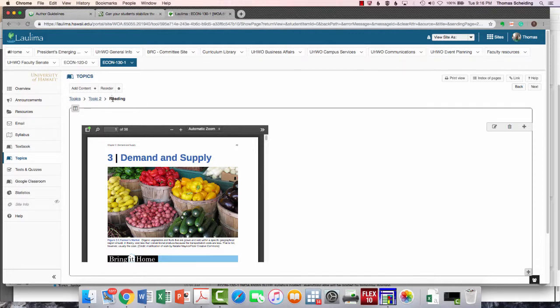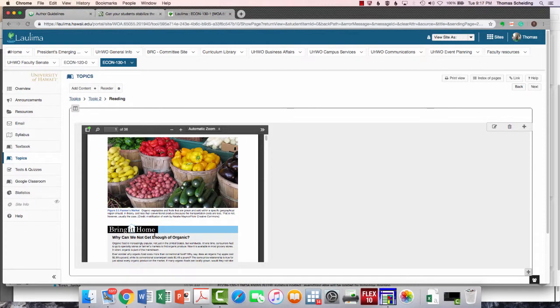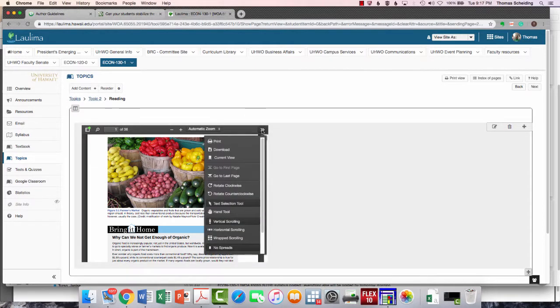But the idea is that I click on reading, and I would get the textbook chapter. I'm not expecting you to read it in this little tab here as I'm doing this in Chrome. You're not going to read it here. You're going to click on this button on the side here, and you're going to see that you have the options to print it and download it. And you could obviously then open it up as a PDF in Adobe Acrobat and read it that way. Okay, so then after you've read things,